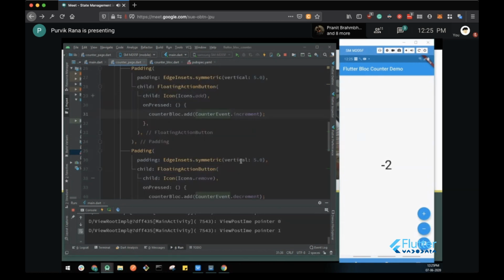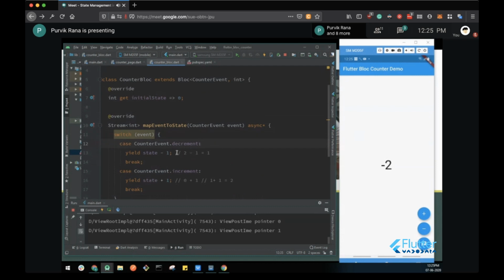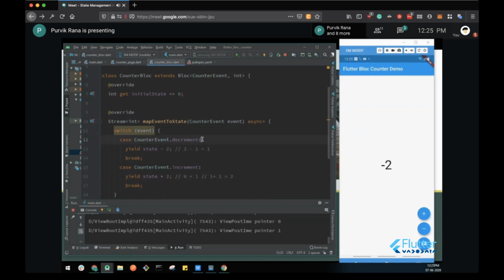So let's change a little bit. Instead of incrementing it by 1, let's change it to increment it by 2. So it has performed the hot reload. Let's click on the plus. Now it is incrementing the value by 2 every time, and here it is decrementing the value by 2 every time.